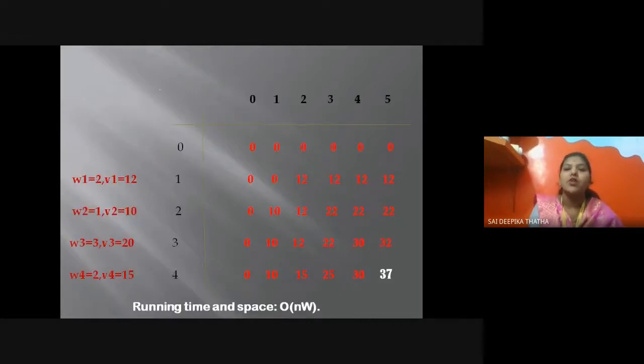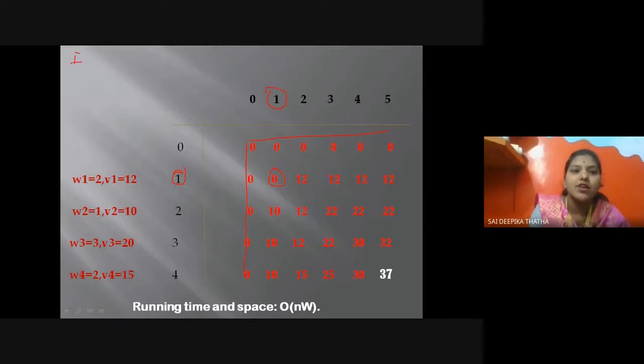Now I am going to solve the problem. This is the table which I have already filled, but I will explain how I have filled it. This row and this column we already know using the initial condition. I have filled those with 0. For the first one, if I want to find this value, it is nothing but the i value is going to be 1 and my j value is also going to be 1.